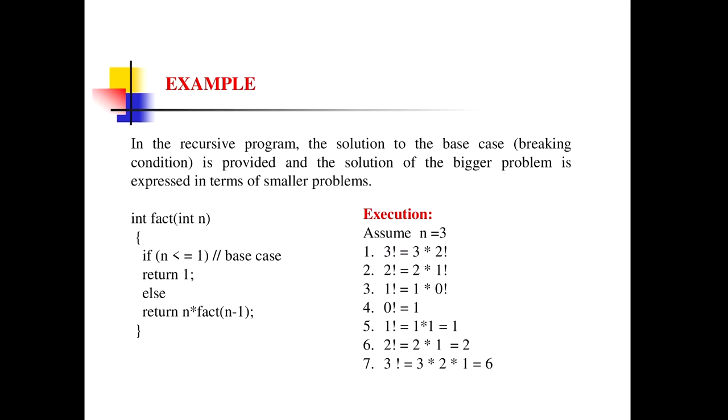And now according to the last in first out structure of the stack, the third step will be evaluated first, that is 1 factorial. 1 factorial equal to 1 into 0 factorial, means 1 into 1, that is equal to 1. Now it evaluates the second step, 2 factorial, and that is equal to 2, and then it evaluates the first step, 3 factorial, that is equal to 3 into 2 into 1, and finally you will get the output as 6. Means recursively it uses the function, and therefore it is called recursion.